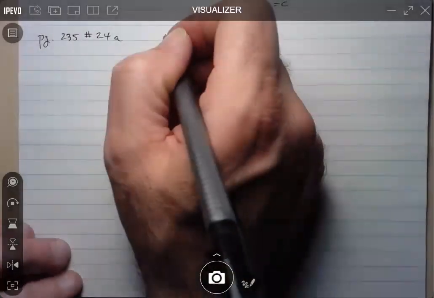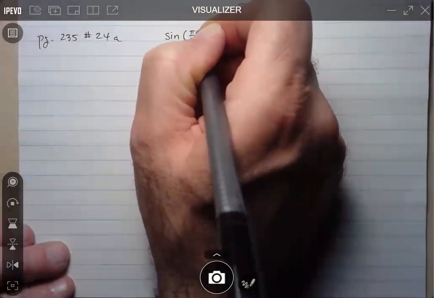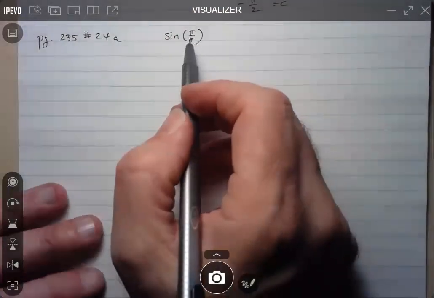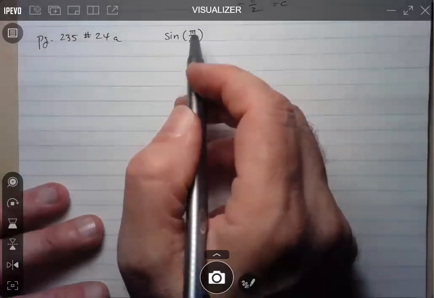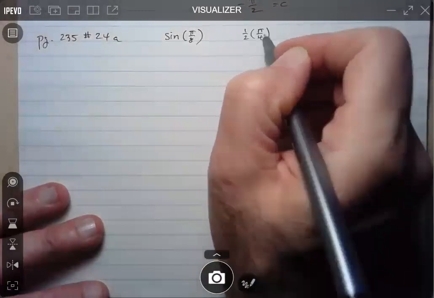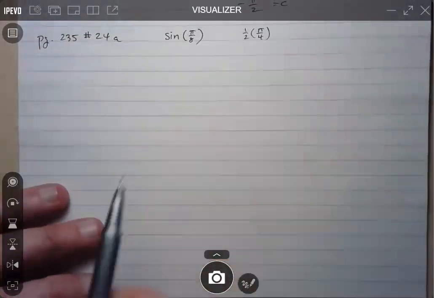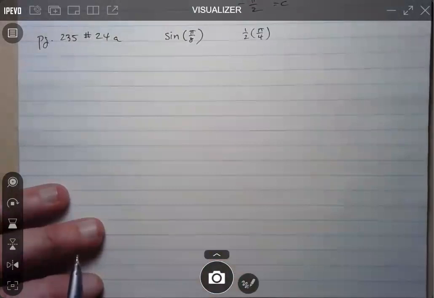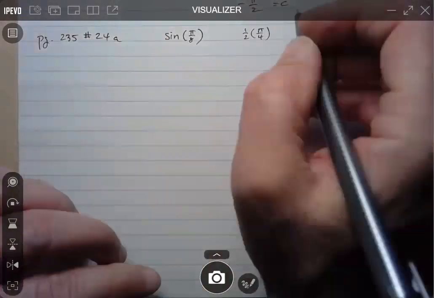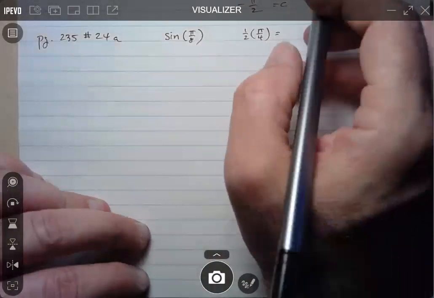What we did is we found a way to determine the exact value of sine of pi over 8. Okay. But how did we think of pi over 8? We thought of it as being half of pi over 4. Okay. And so this gave us a way to determine the exact value for sine of pi over 8. Okay. But if you remember correctly, when we actually came up with the formula,